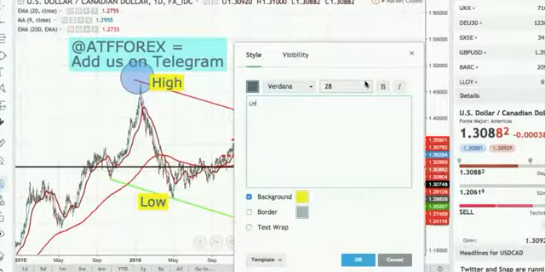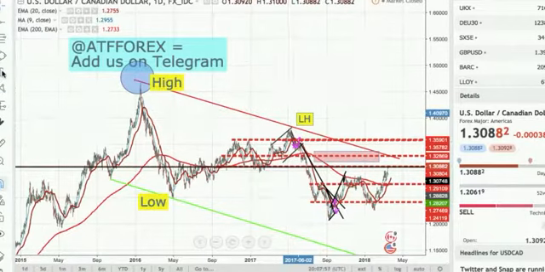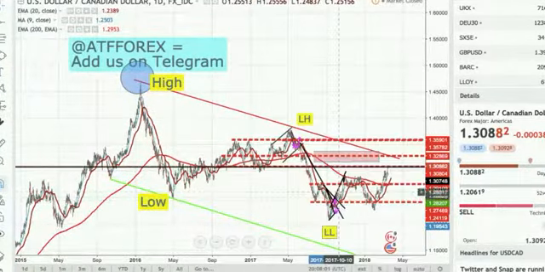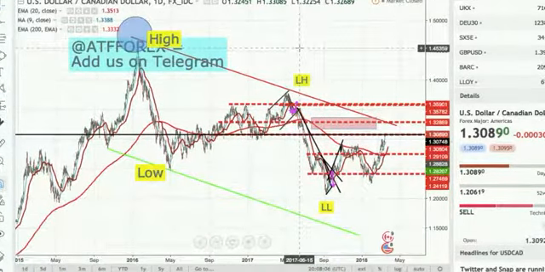Got a lower high here. Smaller. And printed a lower low. So what we're going to be looking for,